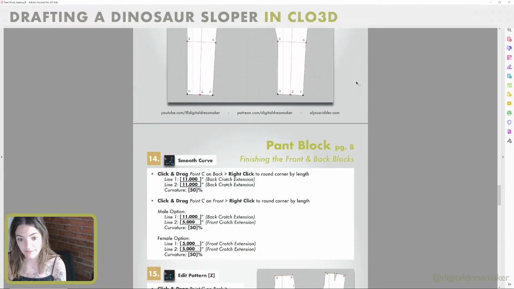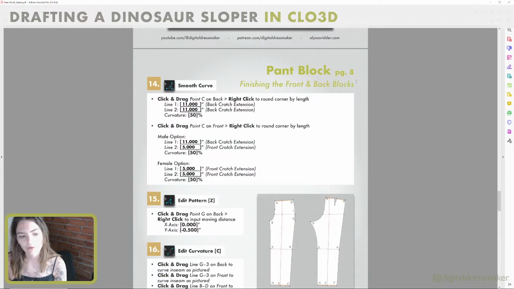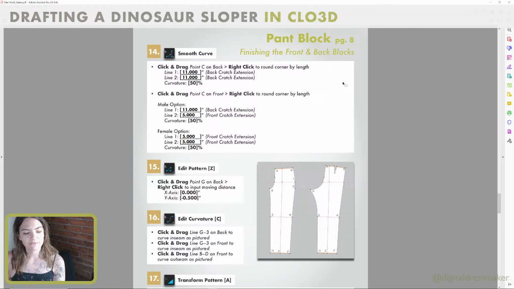What's next? We're going to add everyone's favorite part, which is the crotch curve. So click and drag point C on back to round corner by length. Oh yes, okay. And this is where there's a difference between whether the person who is